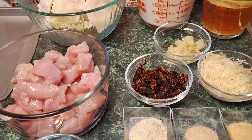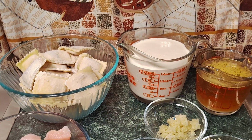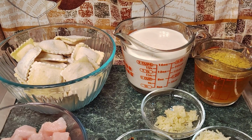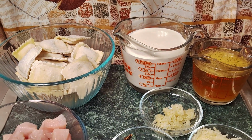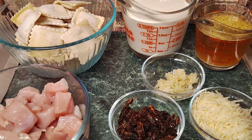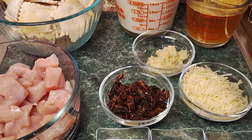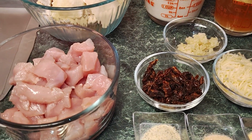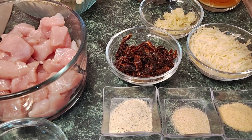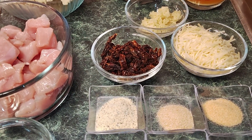Today I'm going to be making marry me chicken and ravioli. The ingredients that we're going to need today are 9 ounces of frozen cheese ravioli, 2 cups of heavy whipping cream, 1 cup of chicken broth, 3 large garlic cloves minced, 1/3 cup of sun-dried tomatoes, 1/2 cup of shredded parmesan cheese, 3 chicken breasts cut into bite-sized pieces, 1 teaspoon of adobo all-purpose seasoning, 1/2 teaspoon of onion powder,